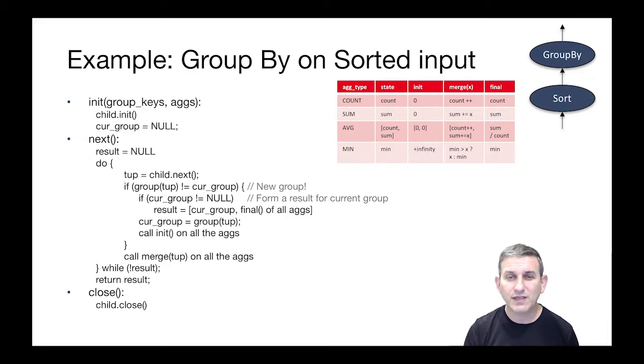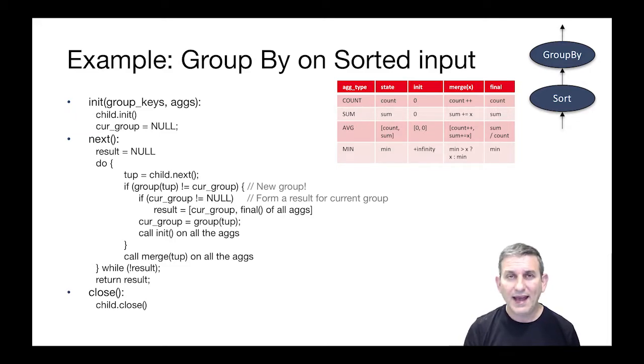So briefly to go through these, before we go into the next method of this iterator, we should understand these aggregates. So for count, the state that it keeps is the count so far, which is initialized to 0. And as we look at new tuples, we're going to increment that count. At the end of the aggregate, we're simply going to return the count so far as the total count. Sum is quite similar. It's got a state called sum, initialized to 0, but as we see values x, we're going to sum them in, sum plus equals x, and then the final value is the sum so